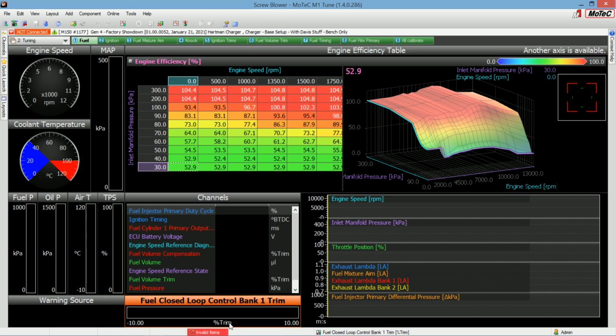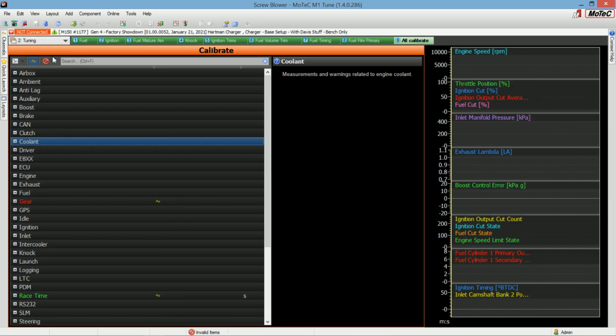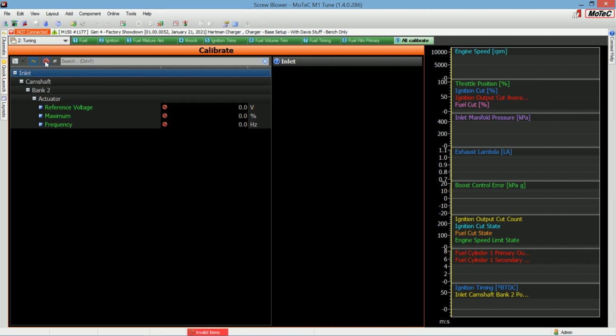So we might as well talk about this little flashing invalid items thing down here. If you put your mouse over it, it'll obviously tell you what it's trying to indicate. If you go to an all calibrate screen, this icon here will filter and show all invalid items. So invalid items are something that the value isn't usable in the software, or it's like a divide by